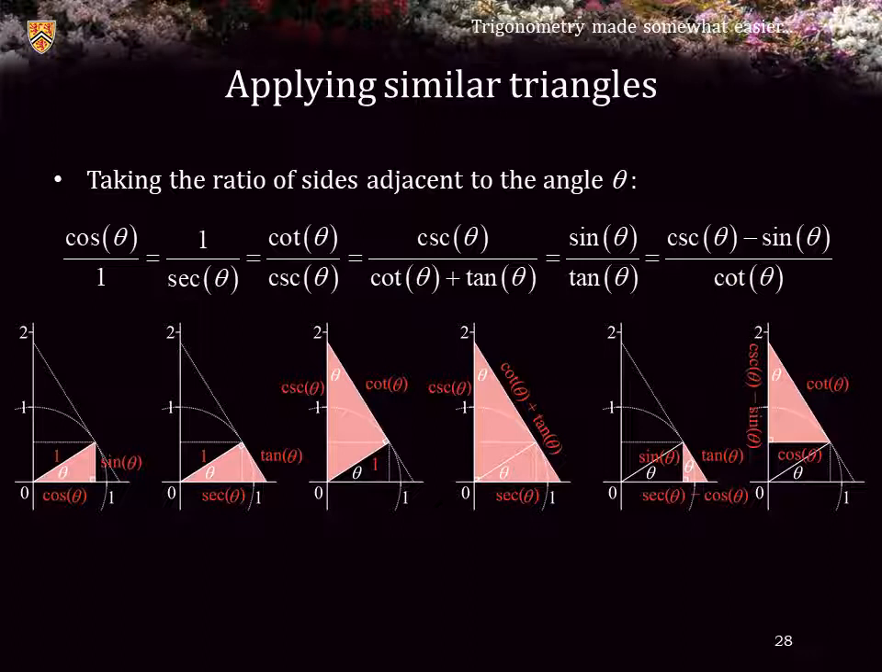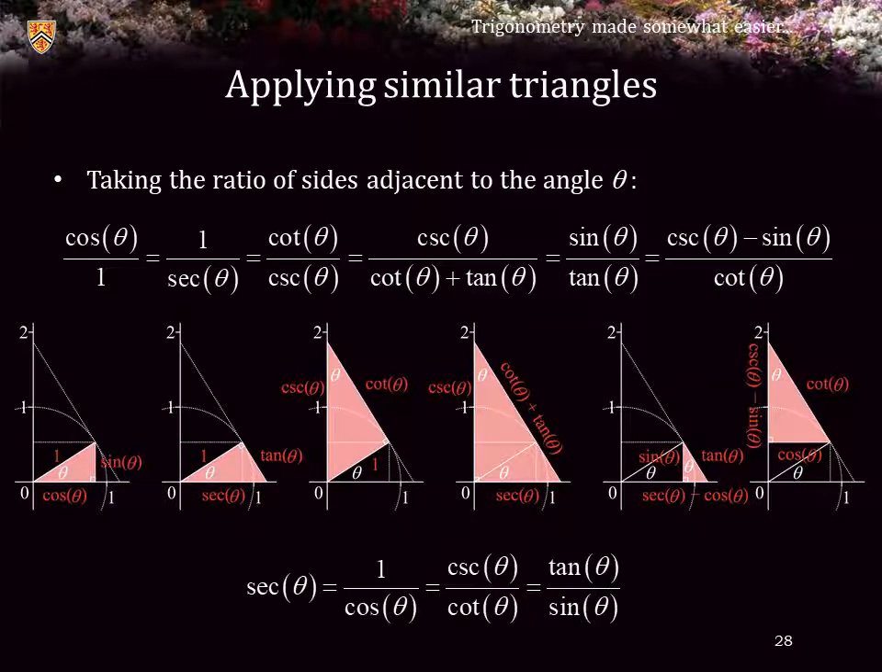Now, once again, you don't have to know all of these. The ones you remember from secondary school are that secant theta is equal to 1 over cosine, which is equal to cosecant theta over cotan of theta, which is also equal to tan of theta over sine of theta. Of course, the first one is the more useful one, and now you understand why secant theta is 1 over